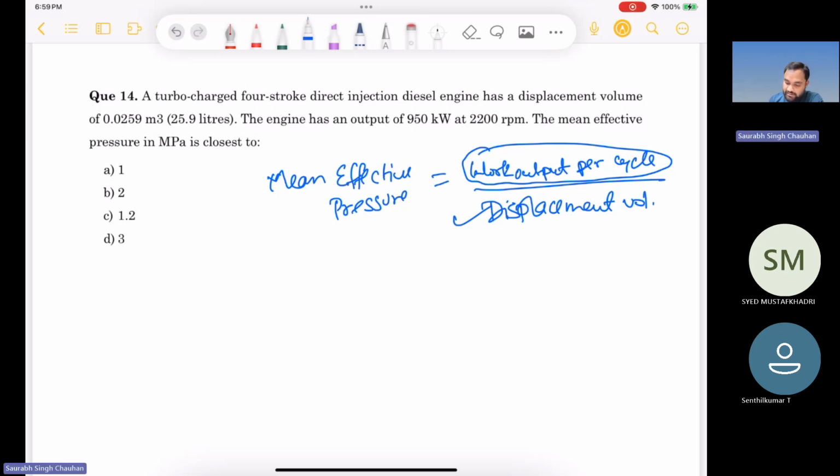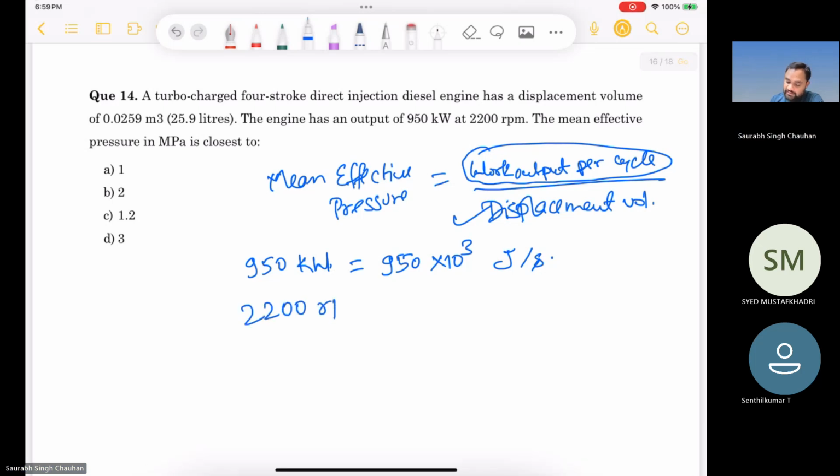So power output is given. How much power output is given? 950 kilowatt. Right. So this means 950 into 10 to the power 3 joules per second. And engine speed is given, 2200 revolutions per minute. So this means 2200 divided by 2 cycles per minute, right? We have discussed in some previous session that in a four-stroke engine,